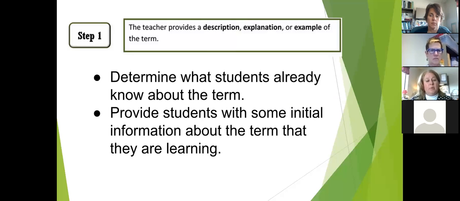Some things you might consider when offering students more information about a word. Introduce direct experiences. Talk about a field trip that went on or a guest speaker they listened to. Tell a story that integrates the term. Use video or images to stimulate discussions. Use inquiry. Ask students to do some initial investigating on their own. Use current events to help make the new learning applicable to them. Describe your own mental image of the term. Find or create pictures that exemplify the term. This step does not involve students looking up the word in a dictionary.